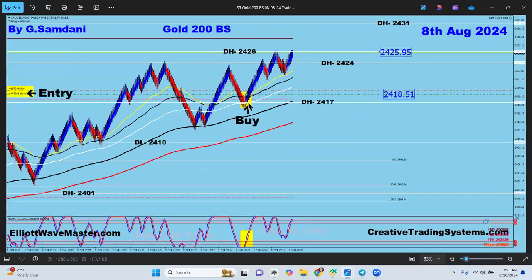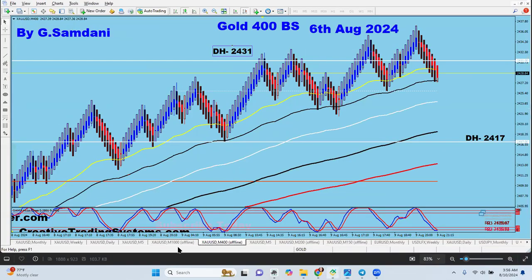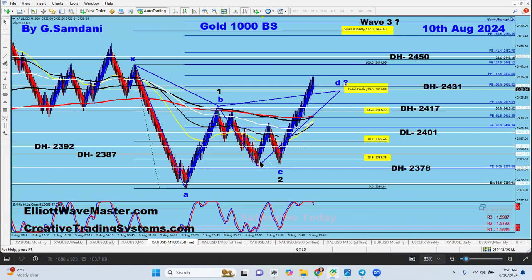See this one. I made an entry from here, and I said, "What the hell with it?" It was wobbling here, 24, 26. And then I got lucky because it came back and would have hit my SL, right? So sometimes the big move has already happened. We are on top, you're talking about all the way here, right? So this is the entry you're talking about. It's dangerous to hold, right?